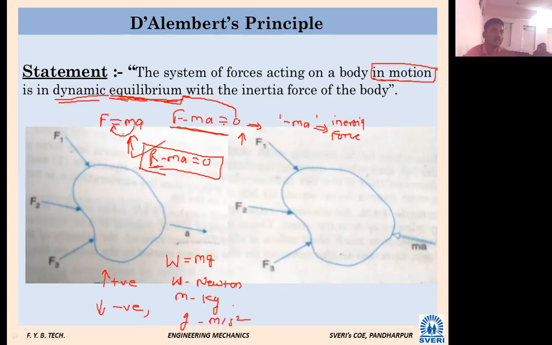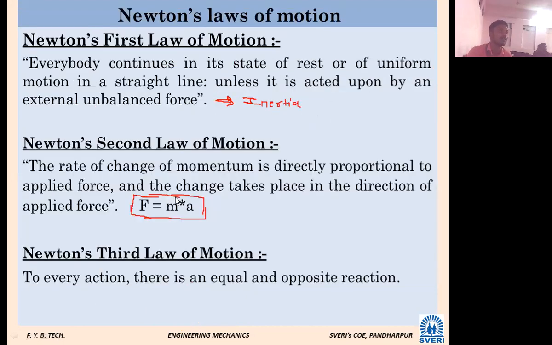So in short, I have told what it is. A lot of history is there. From where that equation came, how it came, etc. can also be asked. Where is the D'Alembert principle derived from? It can come from Newton's first law, second law, or third law. So you should remember from where it is derived.